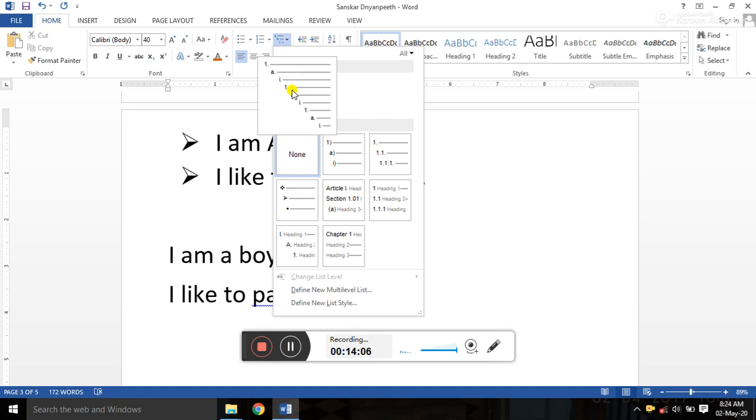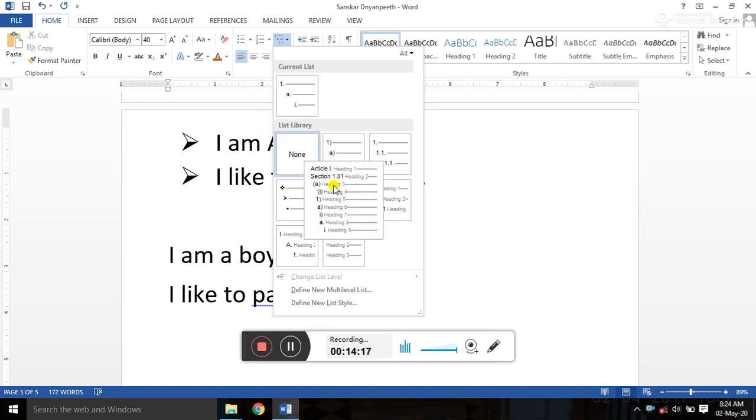Now while entering different types of numbering in a document or in a Word file, again see here, an example is given like Article 1, Heading 1. Okay, means these different types of bullets are there.